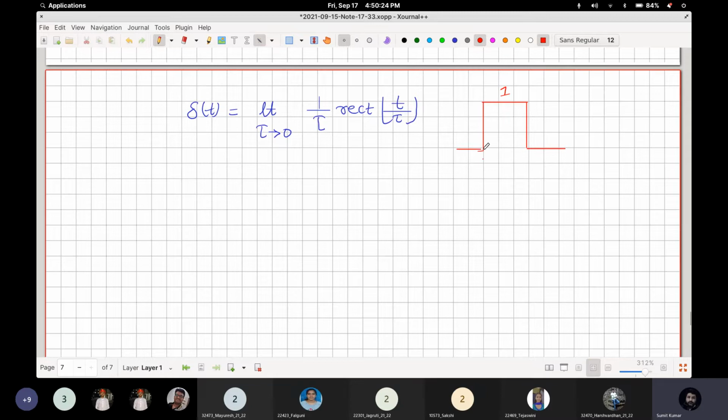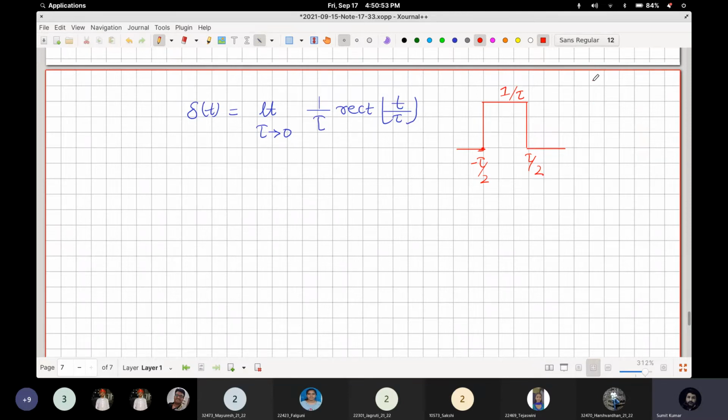So actually it's starting from this point, so this is minus tau by 2, and this point is tau by 2. Okay, and its height is 1, right? But here we are defining this 1 by tau, right? So its height is going to be 1 by tau now. Okay, and you can see that its area is equal to 1,